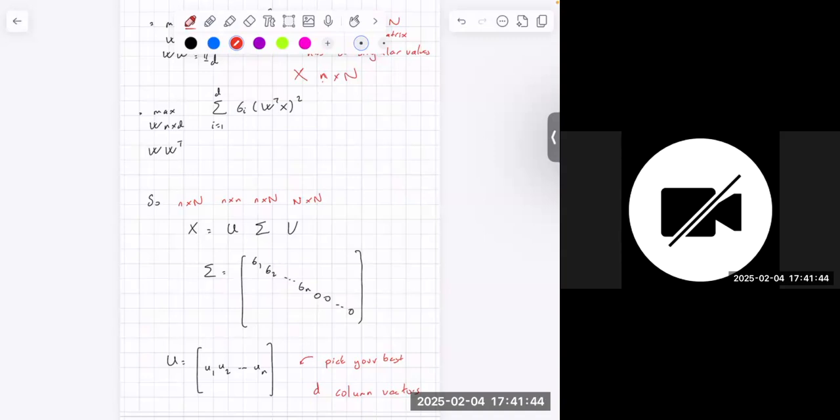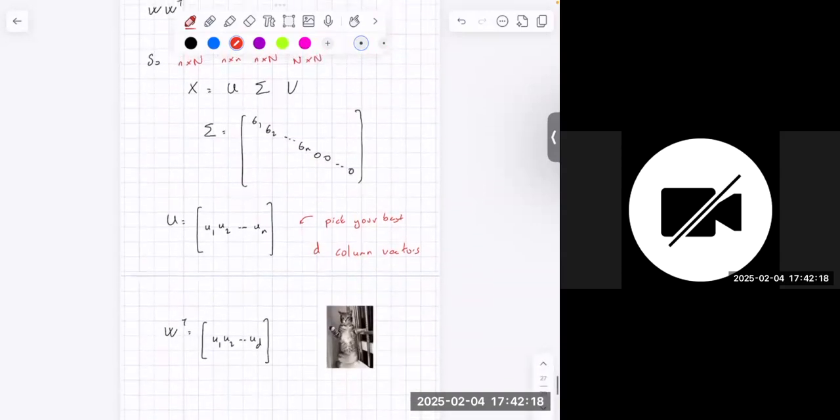What is the best 5, if you are trying to maximize the thing? Well, pick the biggest ones, right? Pick the biggest D stuff from here. That will be what you expect to do. And that's exactly what PCA is. You do the singular value decomposition of your data, okay? And then you look at the biggest singular values, and you look at the columns corresponding to those singular values, and you project stuff down there. That's it, okay? Literally, your